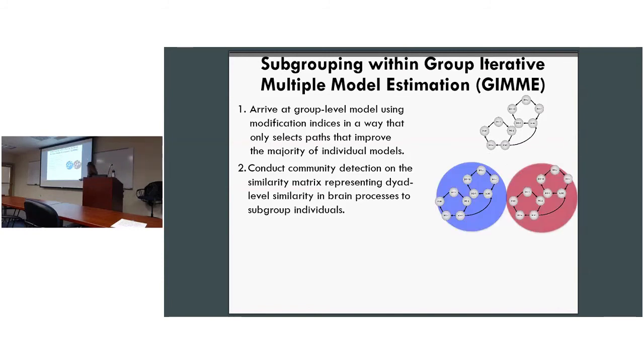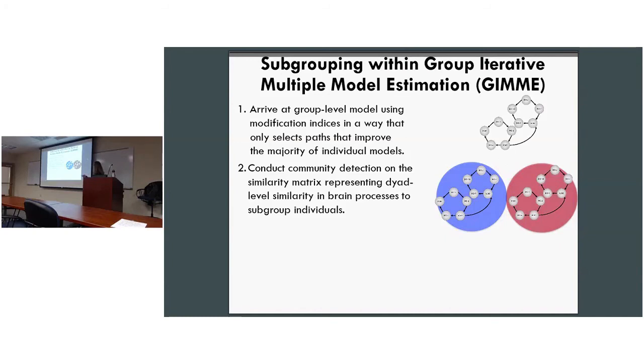Now the similarity matrix here was a very important decision. So community detection is only going to work as well as the features that you use to select, right? So if I'm feeding poor features into my community detection on which to separate groups, then it's not going to work. I need to have very good features. So feature selection was really important to us, and so we tried two. Well, we tried many, but there's two that are worth presenting, basically.